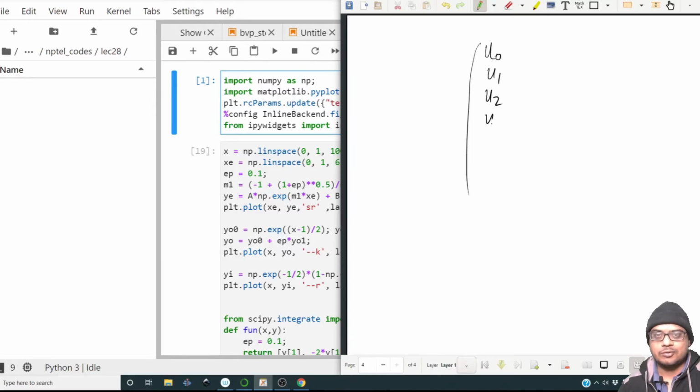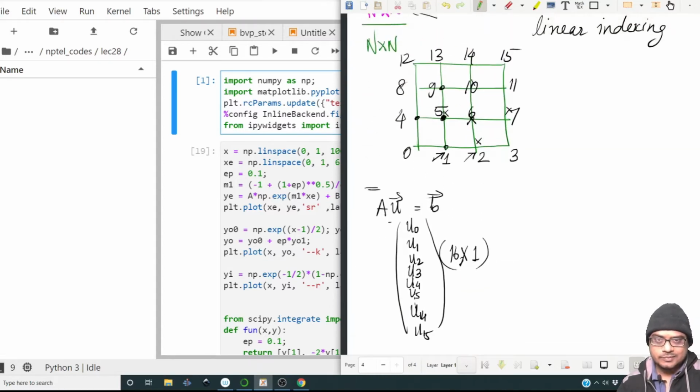u1, u2, u3, u4, u5, u6, and so on. So u5 will have contributions from u4, u6, u9, and u1 because these are the nearest neighbors of 5. Alright, so in terms of the linear index, what are the contributions? It's the linear index -1, +1,